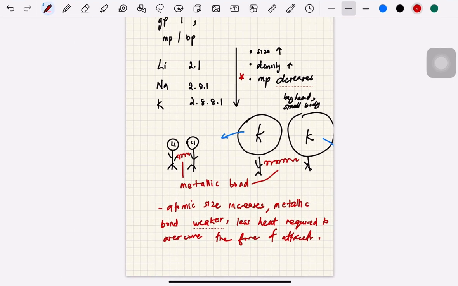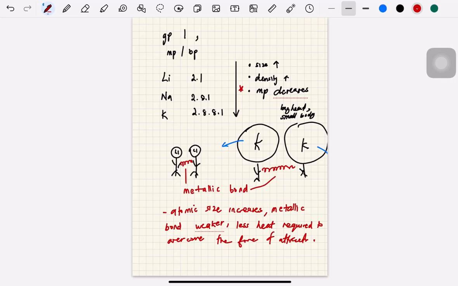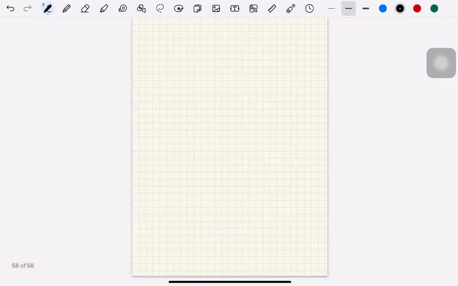Okay, alright. And then it's different with group 17. Group 17,